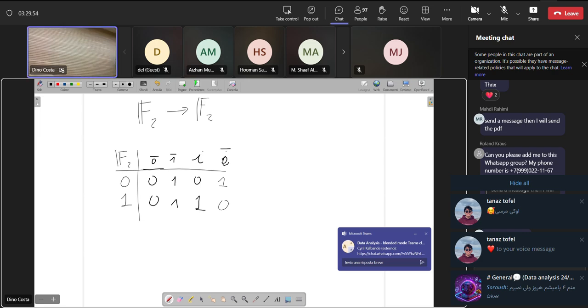So this is a constant function, 0. This is one function. This is the identity function. This function has a name in information technology, called the not function. If you use some programming language, it makes a kind of logic interpretation, because one can think of 0 as false and 1 as true, and in this case,